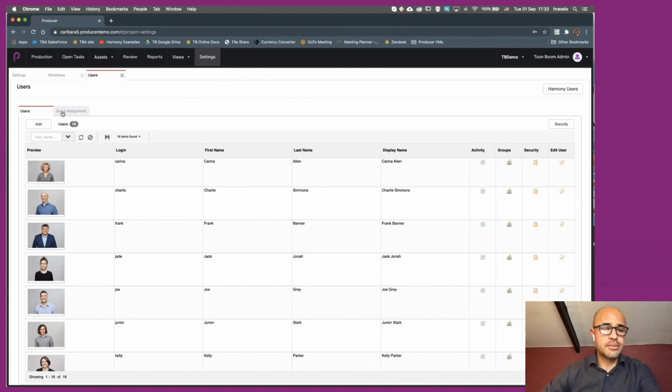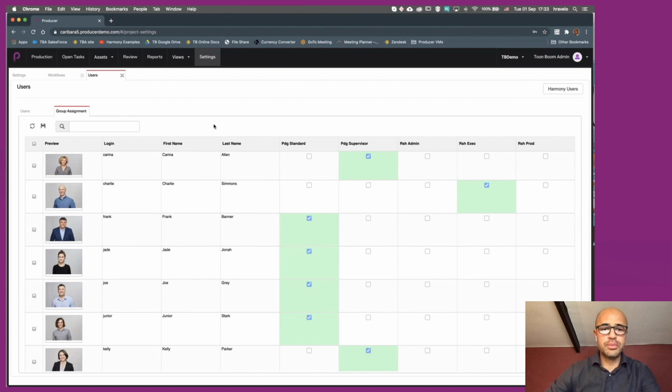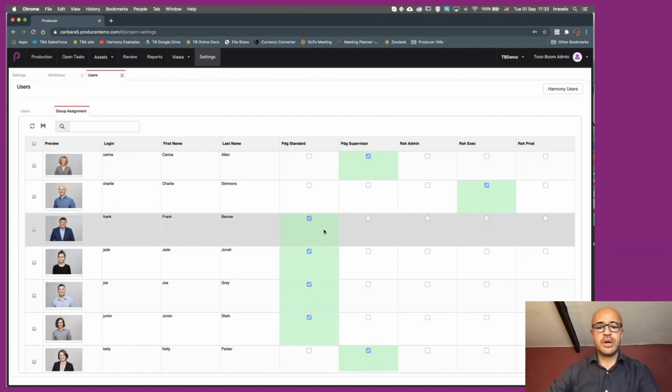In order to do that more efficiently, you can create groups for your users. For instance, you can have a standard group, for example, for artists, that will only be able to see their open tasks, and will not see the reviews or the reports.